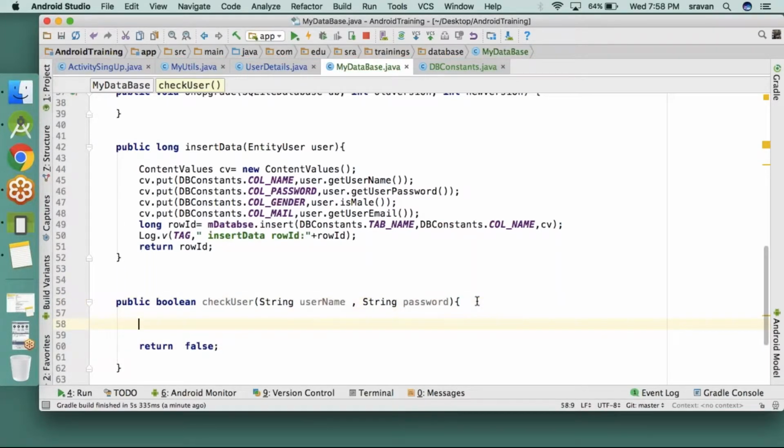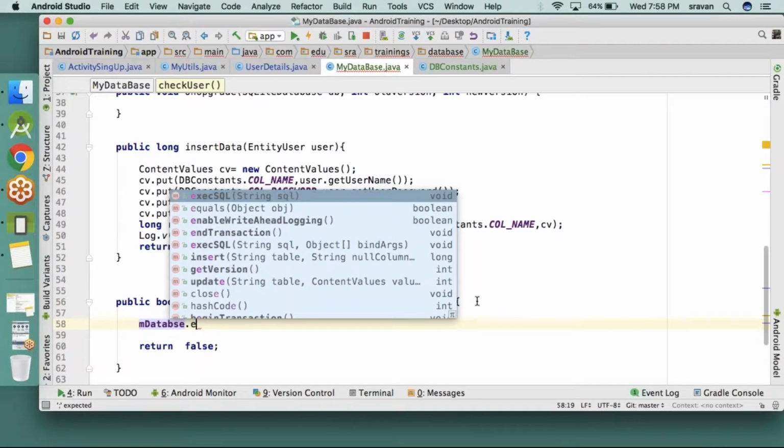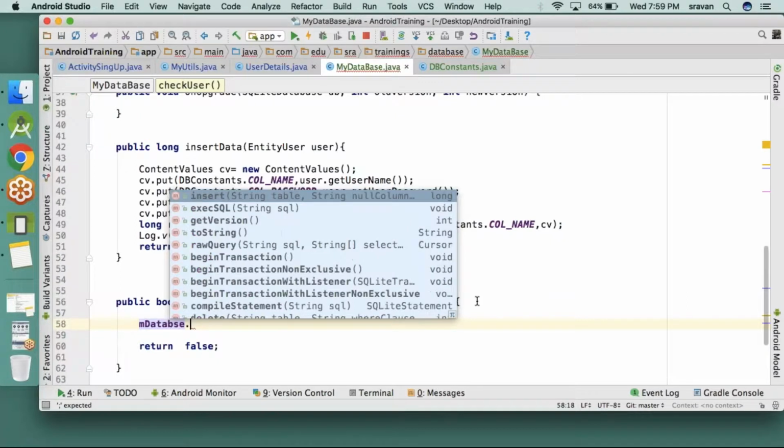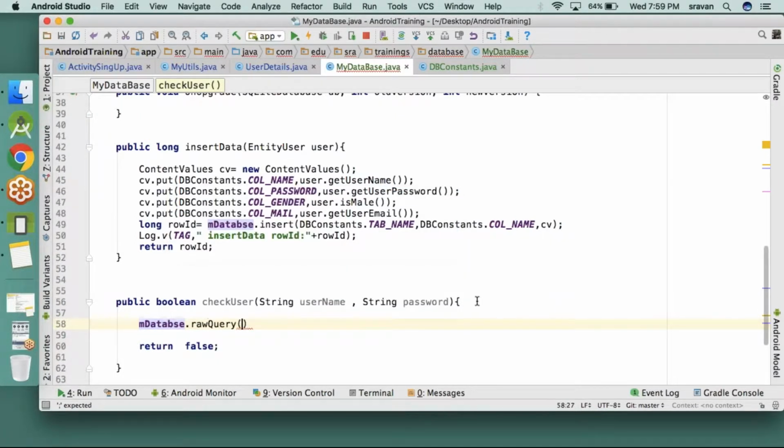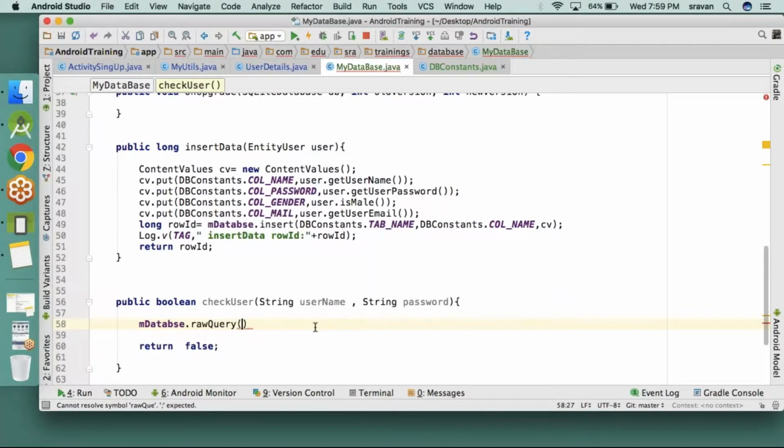So what I need to do here is make one query, my database dot raw query. Here in raw query, one is the SQL, then the second one is the selection arguments.